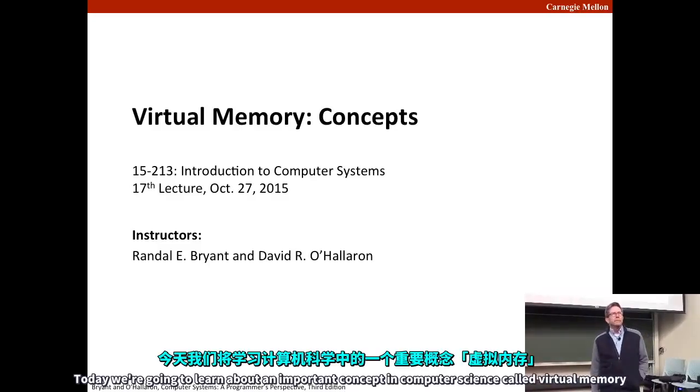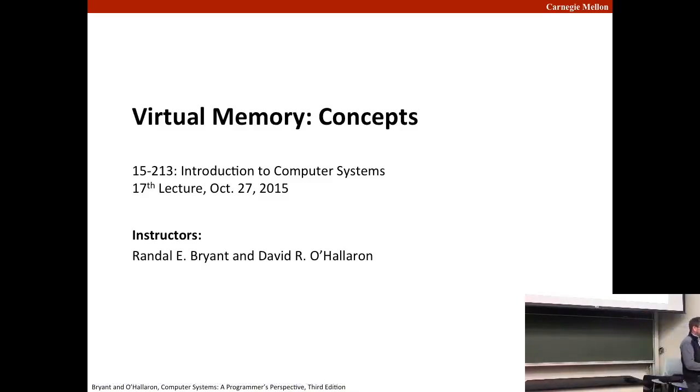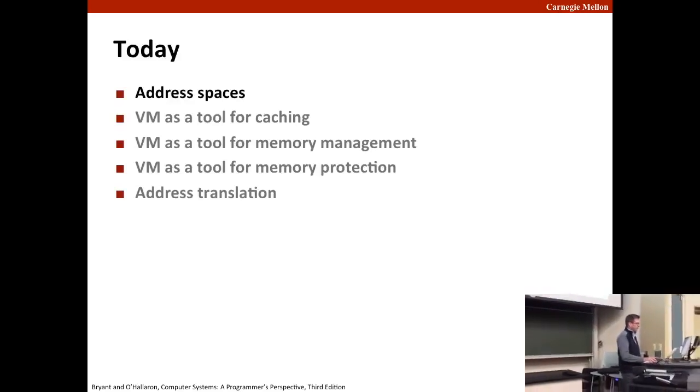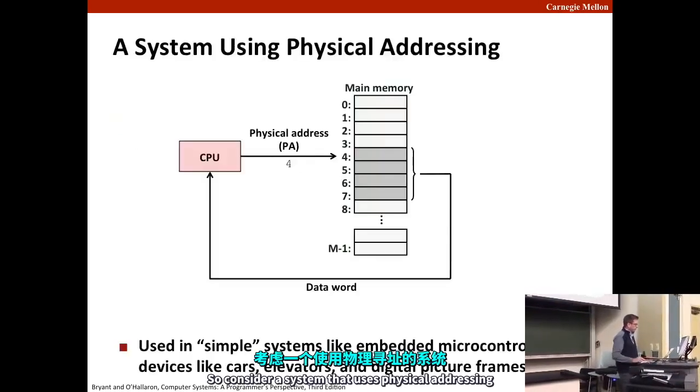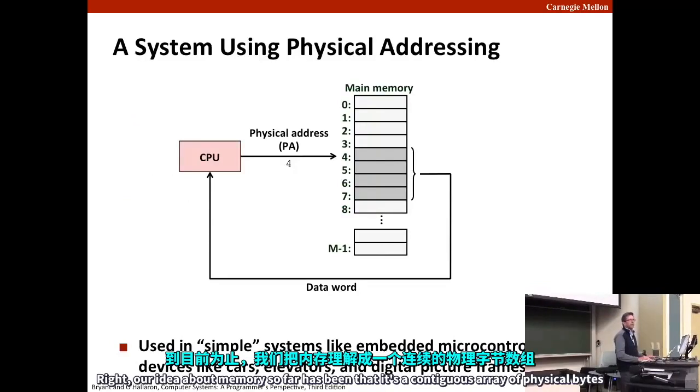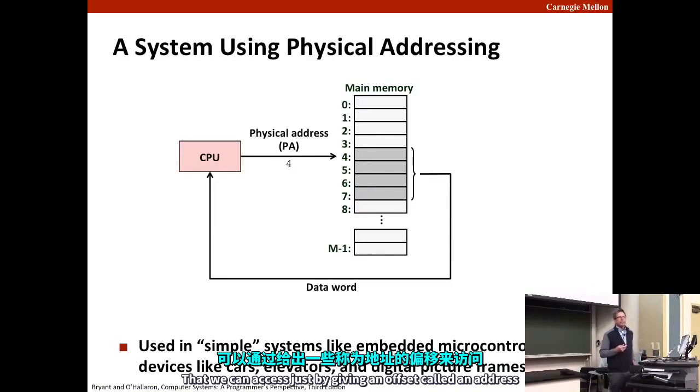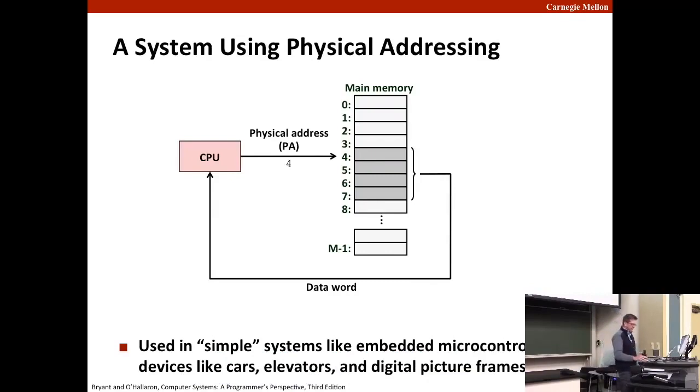Today we're going to learn about an important concept in computer science called virtual memory. So consider a system that uses physical addressing. Our idea about memory so far has been that it's a contiguous array of physical bytes that we can access just by giving an offset called an address. So in a system that uses physical addressing,